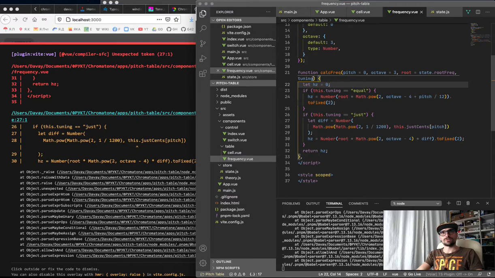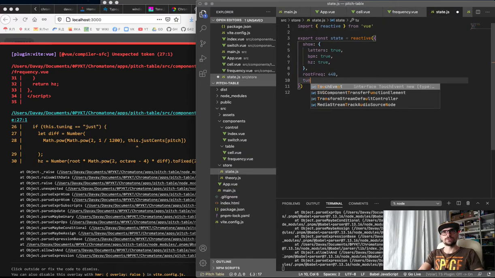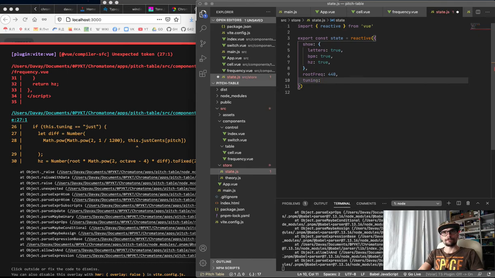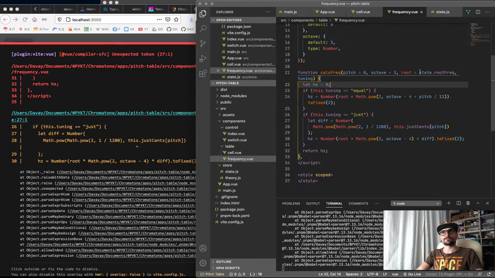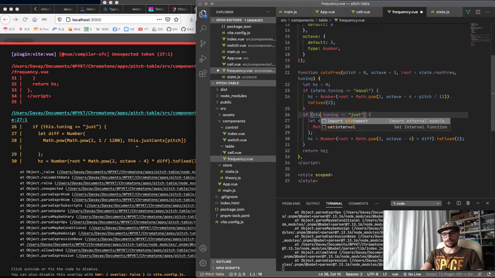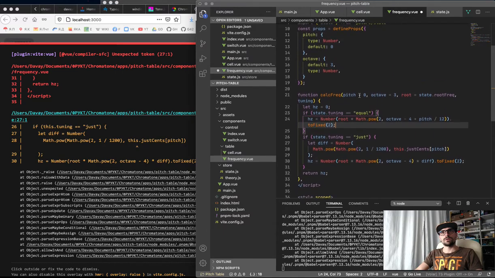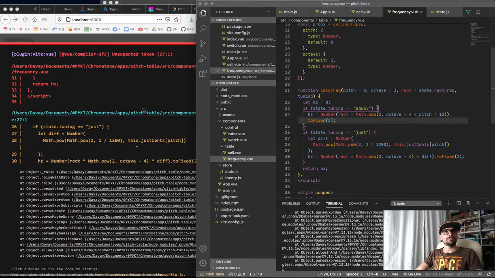So this tuning, if so, tuning is equal, yes, and if state tuning, and here we have state tuning is just root is here, and it should be okay, but now